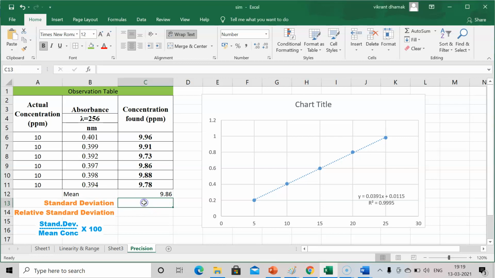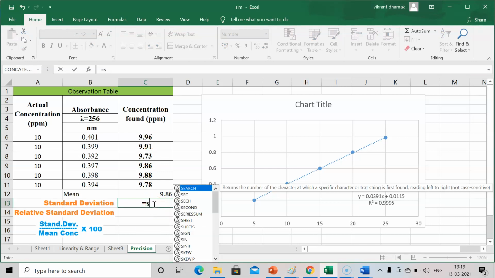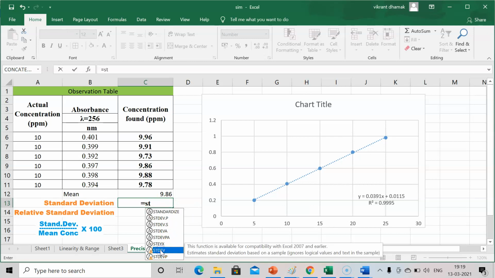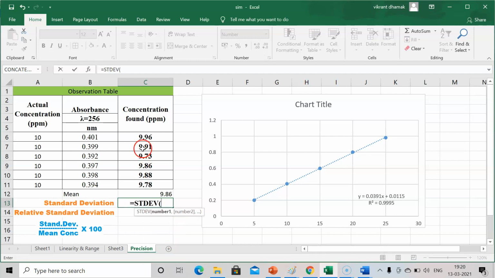For calculating the standard deviation, press equal to and select STDEV. In the old Excel, it will just appear as standard deviation. In the new Excel, you will have such kinds of values, and the functions of each are given in front, so you can read it. I will select standard deviation, and after that select the cells,